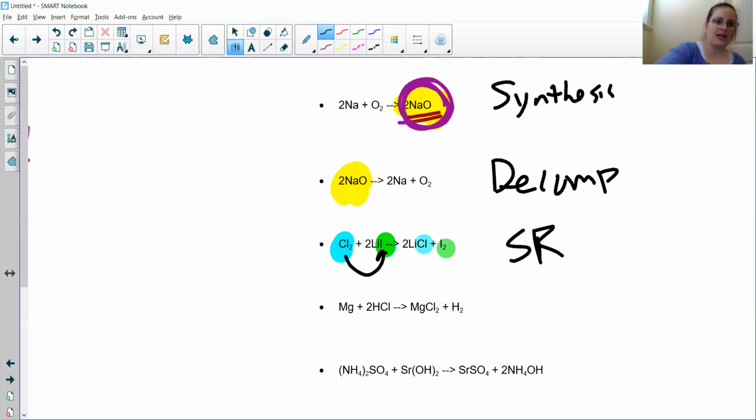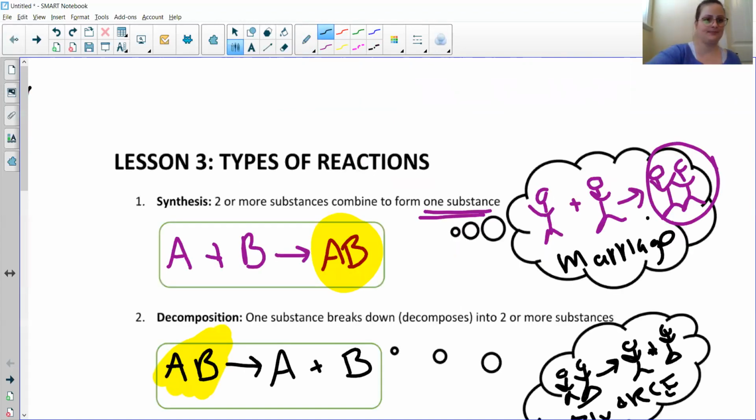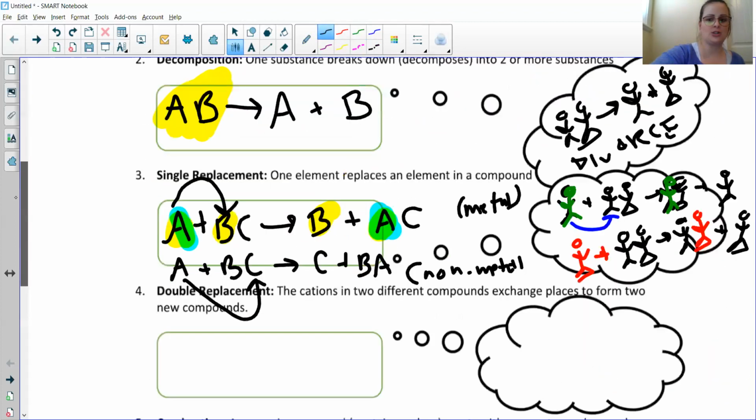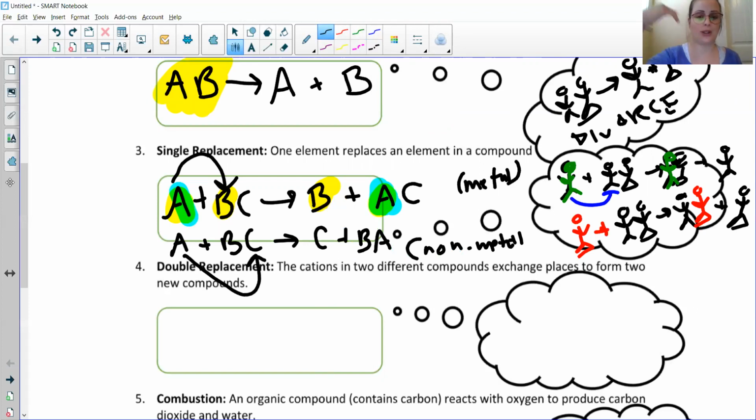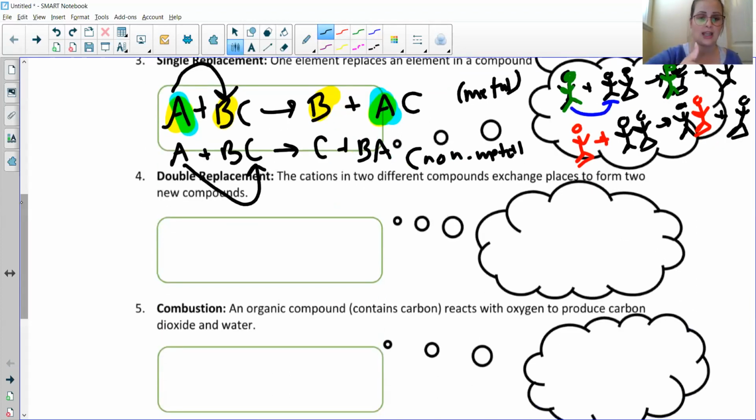The next type of reaction is double replacement. So double replacement requires two compounds. Oh, and sorry, to go back to single replacement, what you look for is an element reacting with a compound to produce another element and another compound. For double replacement, you're looking for two compounds reacting with each other. So if I have AB, a compound with two different things there, reacting with CD, which is another compound, made up of two different types of atoms,